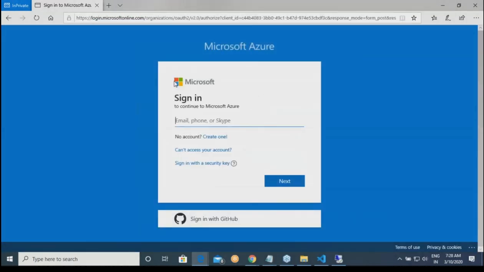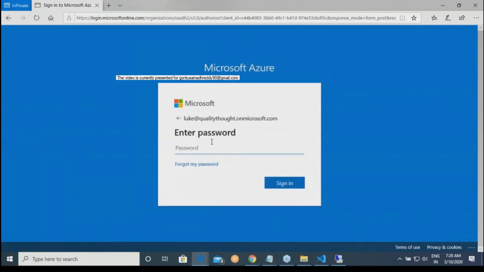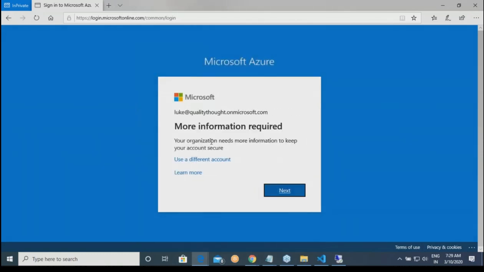Portal.azure.com. Next. Mostly I might have given this. Yes, so it is trying to tell that your organization needs more information to keep your account secure. Next. Remember, you have asked for a mobile number and email address.